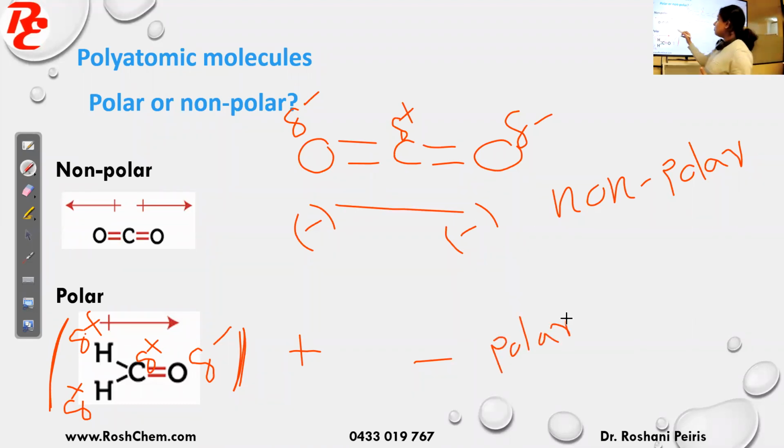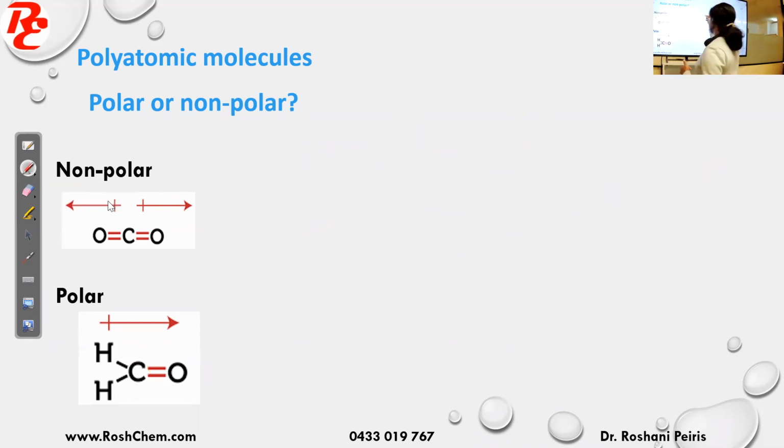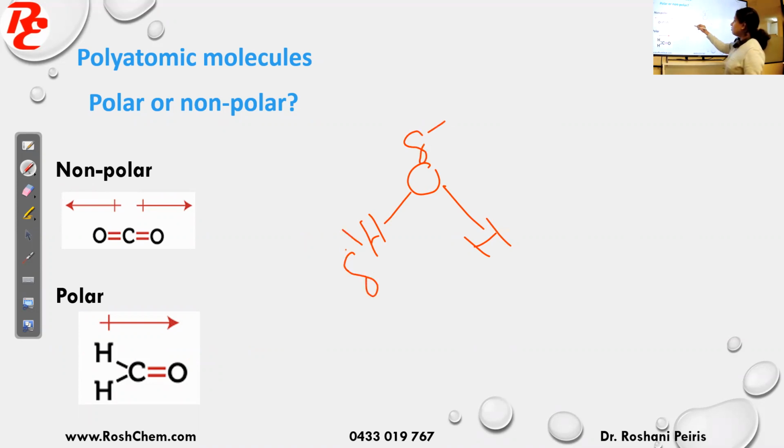We'll take one more example, water. First you draw the water molecule in the correct shape. We learned that water is V-shaped or bent. So now take each bond. When I take oxygen and hydrogen, oxygen is delta minus, hydrogen is delta plus, right? The other one is also delta plus. Now if you look at the two ends, the top end is negative, the bottom end is positive. So you have two different charges. Therefore, I say the water molecule is a polar molecule. That's how you find whether polyatomic molecules are polar or non-polar.